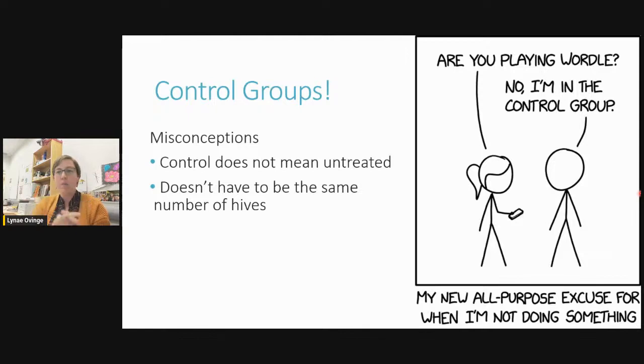So let's say there's something you're really confident in and you want to try it in your operation. You can do it to 90 yards and leave 10 yards as a control. Okay, that's okay. And also vice versa. If it's something you think is really risky, you can do it in a small number of hives and leave the rest as controls. So we don't need to be doing 50 and 50 of each if you are not completely confident in it or if you don't want to leave some in the control group. Okay.